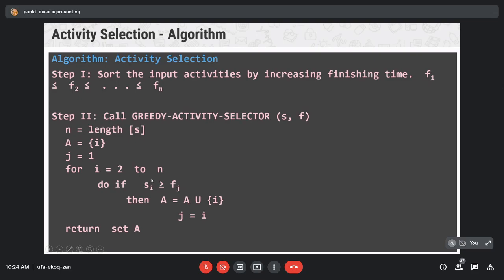So this algorithm uses the greedy approach for activity selection. And the time complexity for this algorithm, tell me what it will be. You have this algorithm on your screen.